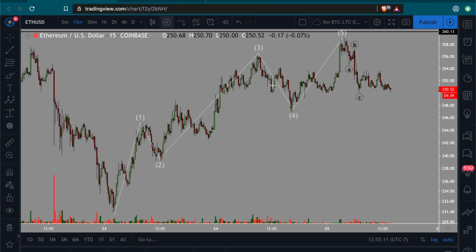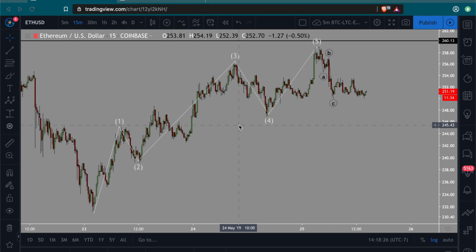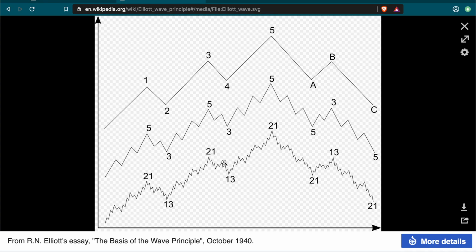So you could see how this applies on many different time frames, many different ways, up or down. Another important thing to understand is that within Elliott waves, there could be more Elliott wave counts, and these are called fractals, sort of like this. As you can see, in this larger wave count, you see many impulse waves within it. For example, this wave 1 has 1, 2, 3, 4, 5, and within this wave 2, there's the A, B, C. And within each of these, there's a smaller wave count underneath that.